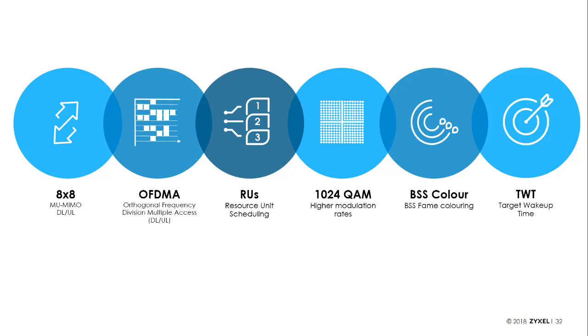So finally, we have the TWT, or target wake time. It's another important resource scheduling feature supported by 802.11ax, and it allows devices to negotiate with the access point how often they will wake up and send or receive data. This feature we would typically see used in Internet of Things devices where they need to communicate every so often. Rather than taking up resources from an access point, the device will be able to tell the access point that it's not going to check in until a certain time and then send and receive its data, rather than the access point allocating airtime to accommodate this type of device.